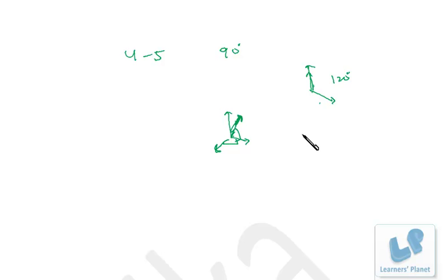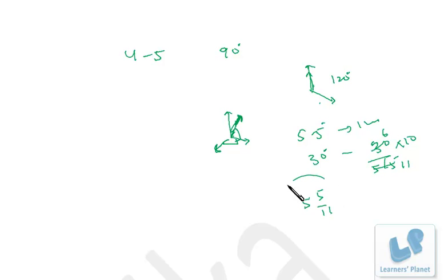So once again the same story, 5.5 degrees per minute. So to gain 30 degrees it will take 30 by 5.5, 60 by 11. Okay. So 5 5 by 11 minutes after 4, the angle between both the hands will be 90 degrees. Okay, and the same situation will occur